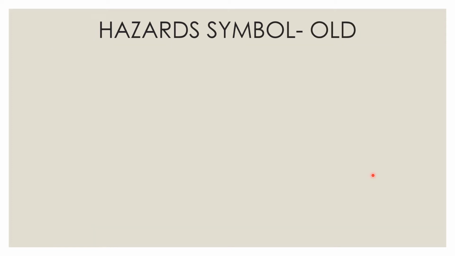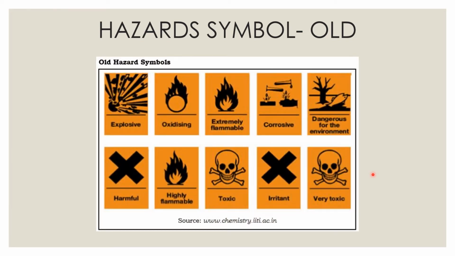Now I will just familiarize you with some of the old hazardous symbols, as you can see here. In comparison to the new hazardous symbols, the old hazardous symbols do not have the red border around them. This is the reason why these old ones are obsolete now. However, they are very similar in their graphical image to the new ones that we are currently using. So you just have to familiarize yourself with the different hazardous symbols, the new ones compared to the old ones, because you may be asked in the exam to recall these symbols.